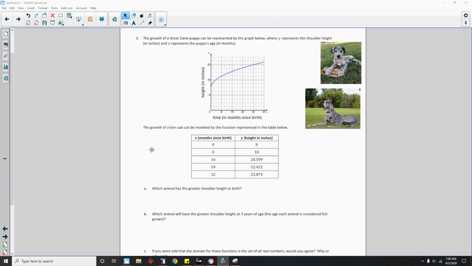I have had Great Danes in the past, and one of them I had was a blue Merle, so here's a couple of pictures. All right, so anywho,